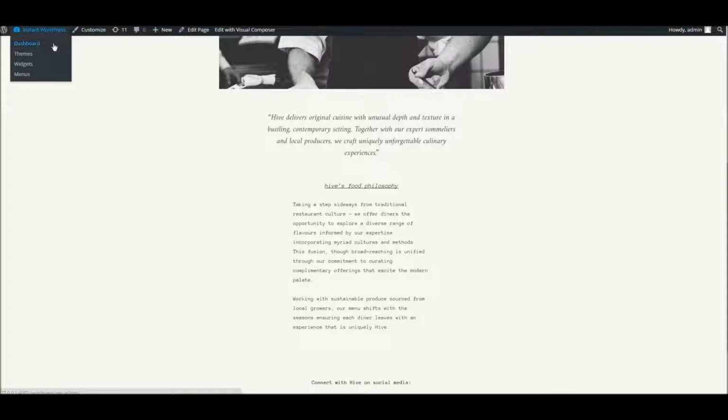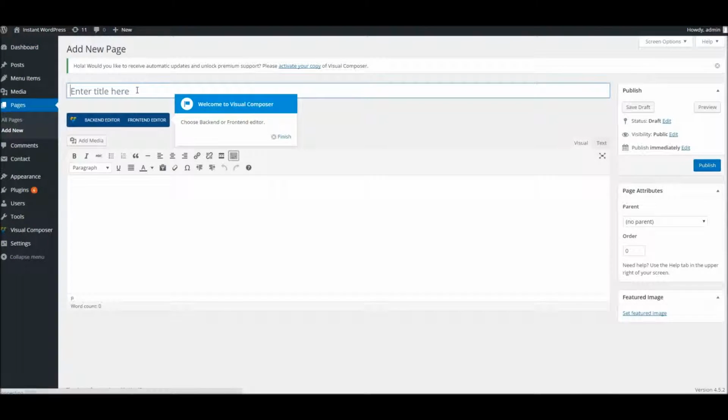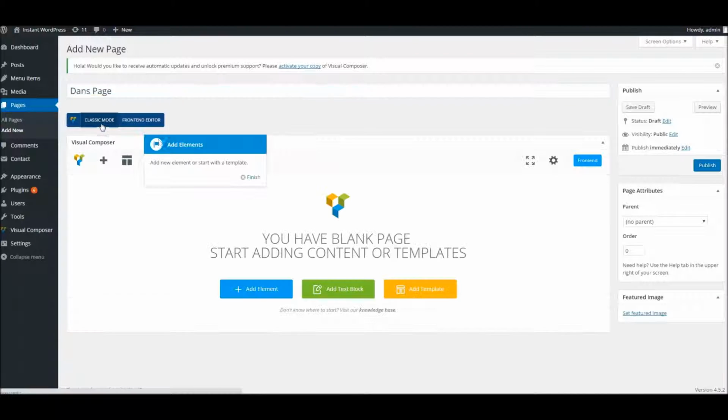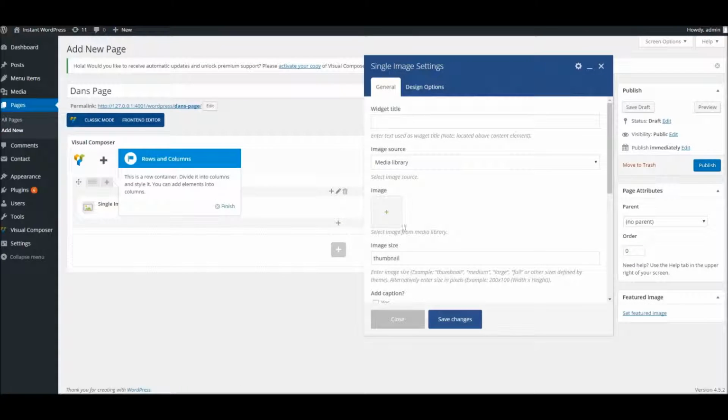So to begin with, we want to go to our dashboard, and we'll go to Pages and Add New, and I'll call this Dan's page. And we'll activate the backend editor, which is how you're going to get into Visual Composer itself, and we'll start by adding a nice image at the top. So we're simply going to drop in a single image block here,